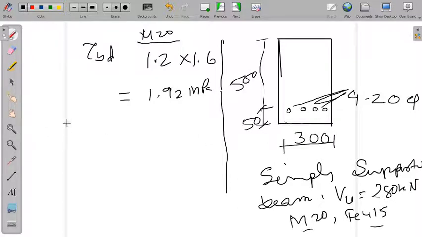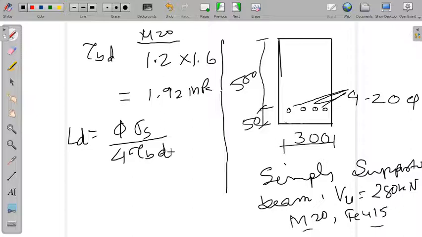Next, we need to find out the development length LD. Okay, what is the formula? Development length LD is equal to phi sigma s divided by 4 tau BD. I am not writing the value of phi here. Let us say the reinforcement diameter is 20. I am just keeping phi as it is. Sigma s is what I said, 0.87 Fy,